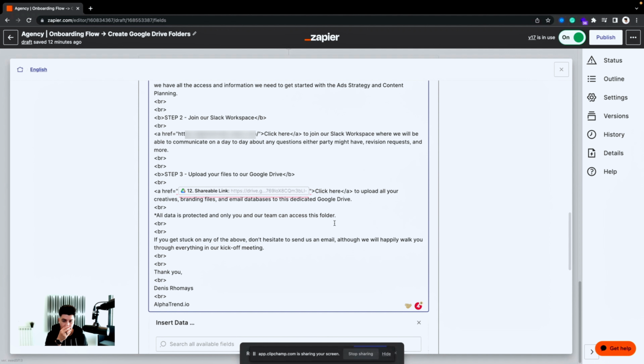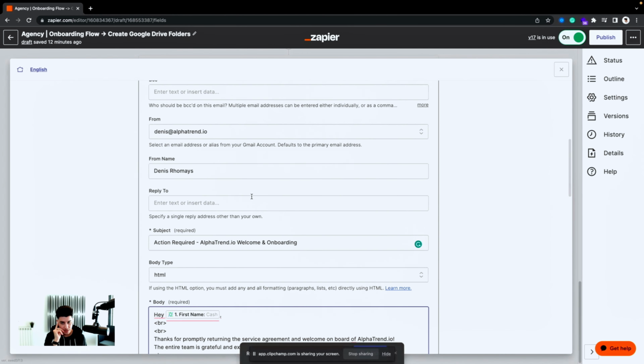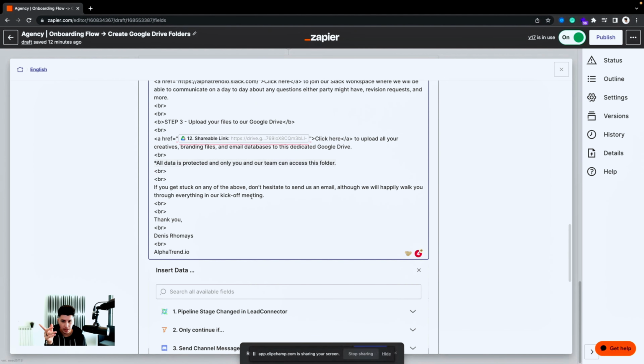So what we do is, once we have this set, we change the permissions. Now I remember. I was actually not quite sure why we're sharing this publicly, but what we do is, after we onboard the client, we ask him who else should have access to it, so that once the onboarding process is done, we change the permissions so that only a couple of emails can access it. And then if you get stuck on any of the above, don't hesitate to send us an email,